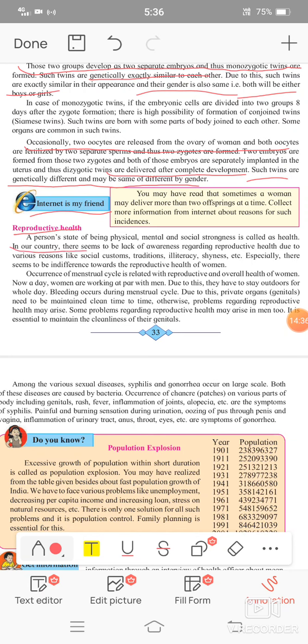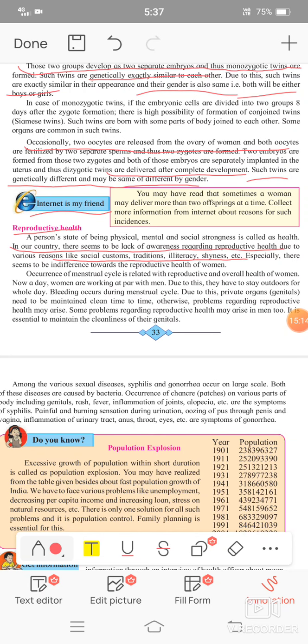आपल्या भारत देशामध्ये या reproductive healthच्या संदर्भात फार मोठ्या प्रमाणावरती निष्क्रियता आहे. त्याच्याबद्दल जास्त काही बोललं जात नाही. Due to these various reasons, that is social customs, tradition, illiteracy, shyness. याच्यामध्ये कारणं दिलेत त्यांनी. Social customs म्हणजे समाजाच्या मर्यादा, समाजातले लोक काय म्हणतील, tradition म्हणजे आपल्या परंपरा, illiteracy म्हणजे अज्ञान, याबद्दलचं असलेलं अज्ञान, आणि सगळ्यात महत्त्वाचं म्हणजे shyness म्हणजे लाजाळूपणा. जर एखादी व्यक्ती लाजाळू असेल तर ती या problemsबद्दल जास्त discuss करत नाही आणि मग हे problems मोठे होतात.